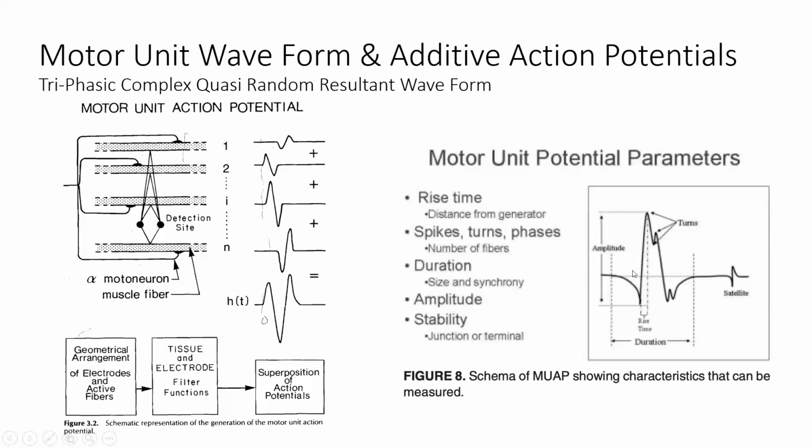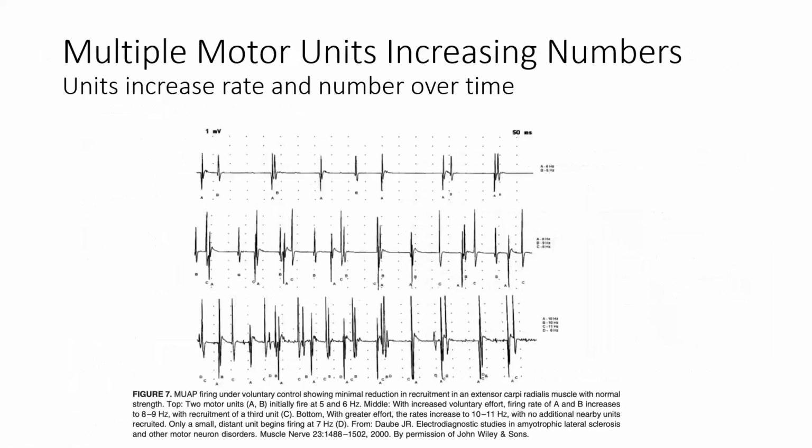And if we can attempt to make it stationary instead of constantly moving, and these waves are not stationary because of their complexity. EEG can be somewhat stationary, but not EMG. We would theoretically get a waveform that looks something like this. And so you can measure amplitude, duration, complexity, and look at it from other angles. That's what they're doing in EMG research now, and they call it a MUAP unit.